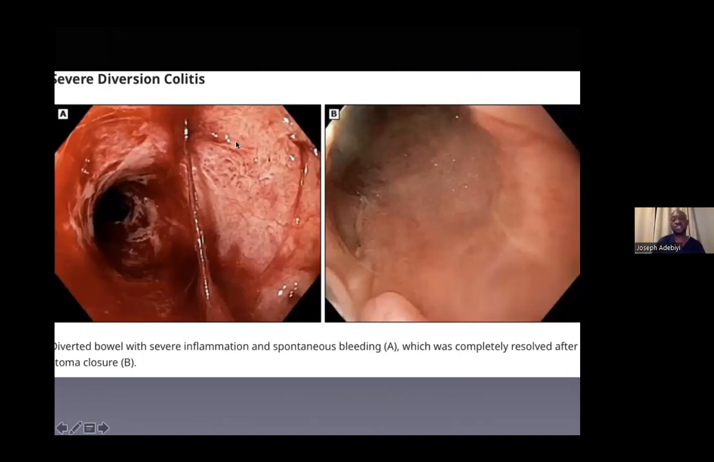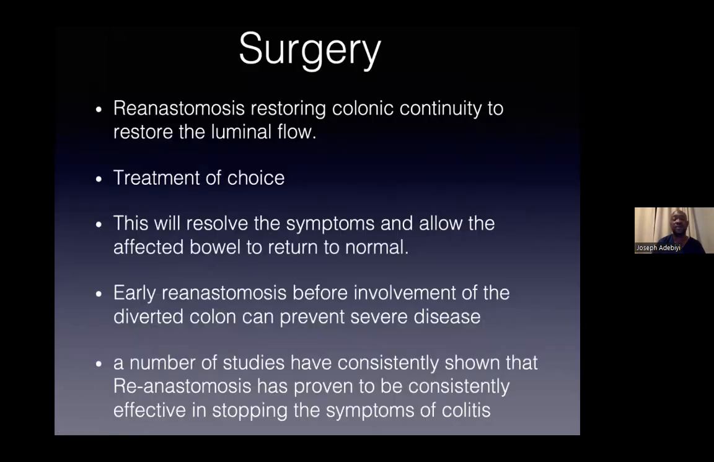So this is just a simple case of a patient who had diversion colitis before treatment, and then when they had the short-chain fatty acid enema, you can see clear improvement in the endoscopic findings. But usually this patient sometimes may end up having surgery, with reanastomosis, which has been shown to restore luminal flow and improve the